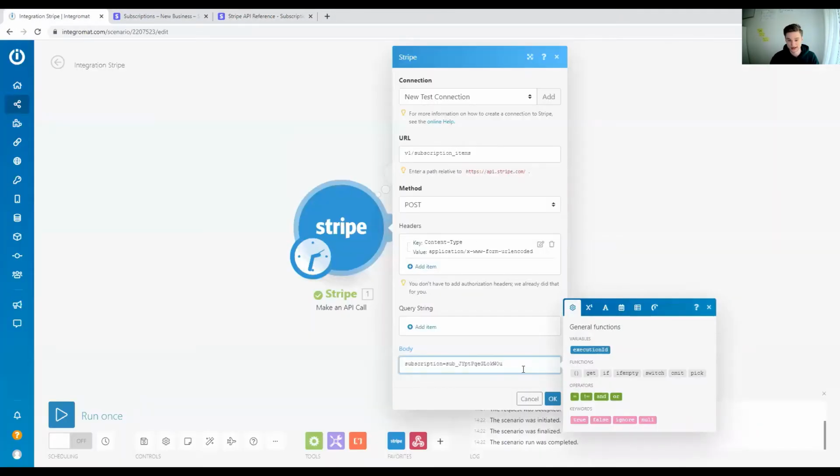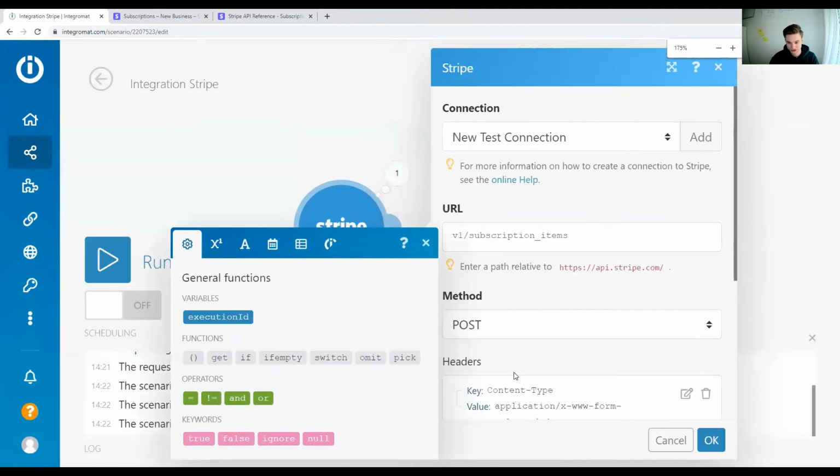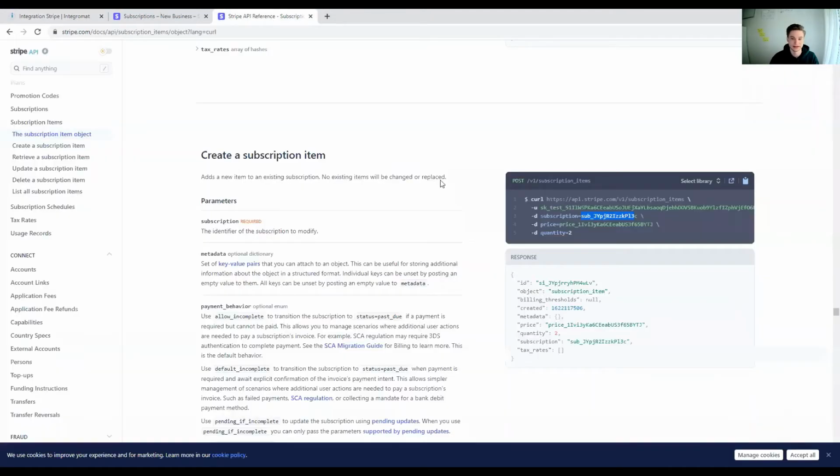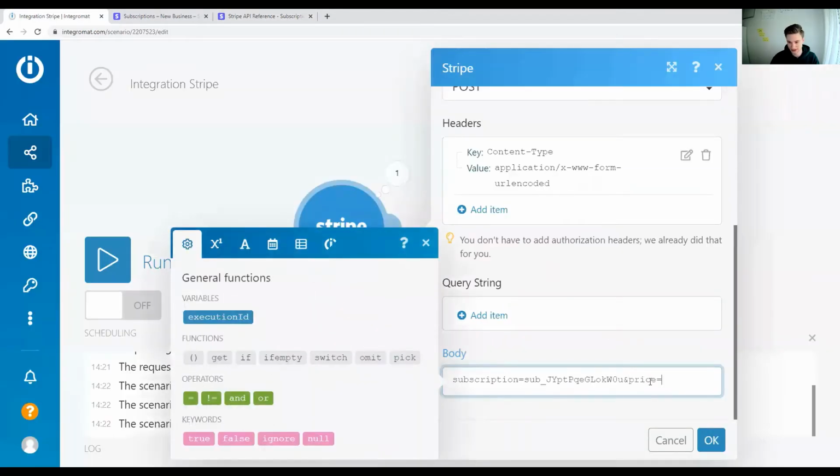And then, if we have multiple parameters, like it's the case here, you need to connect those in the body basically. So what you want to do is, I hope you can see this, you have the subscription ID, and then you have the character &. So you put the & here, and then the next parameter. The next parameter is price. This might be a bit misleading if you see this for the first time, because price